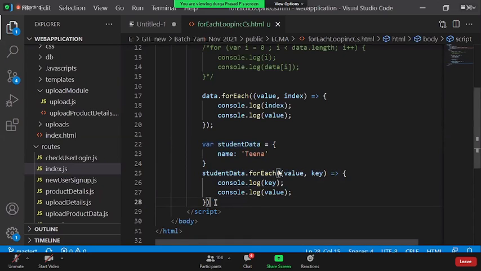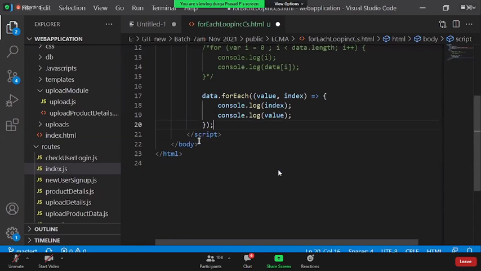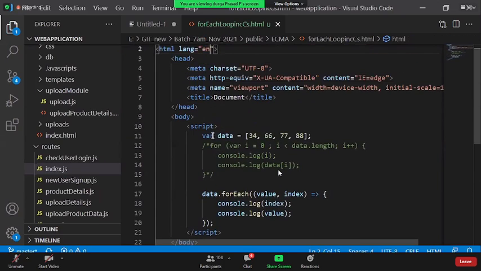Okay, I just tried it. Okay, yeah, so this is your forEach looping control structure, using which you can iterate over it. And this is your older way, and this is the new way of doing it.